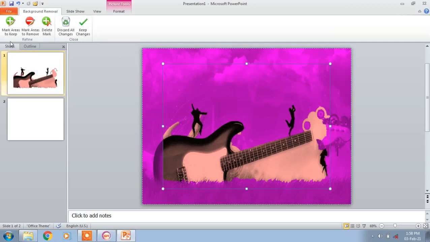And see, Mark Areas to Keep and Mark Areas to Remove: whichever area you want to remove, you can mark it using this option. Like this you can mark it. Then just randomly select it. Then here you have Delete Mark, and that portion will be deleted.